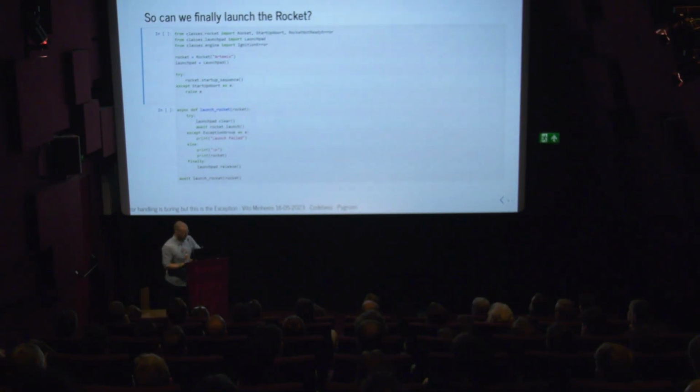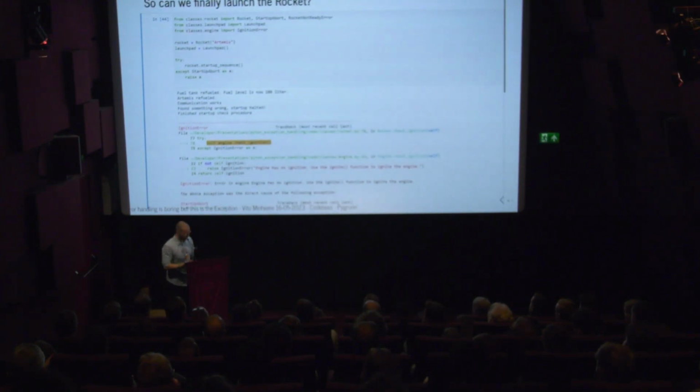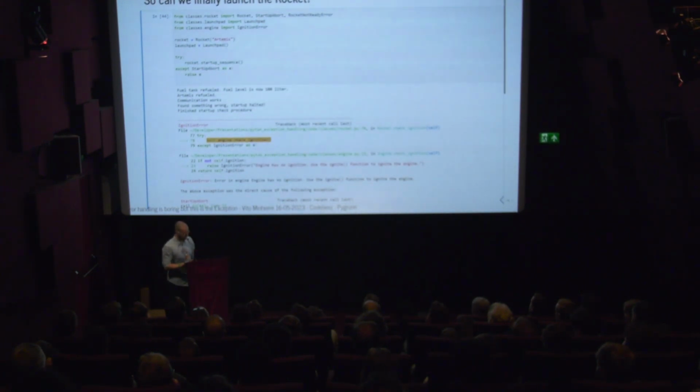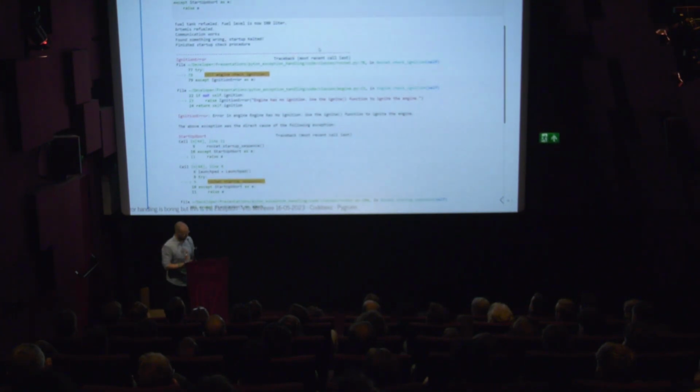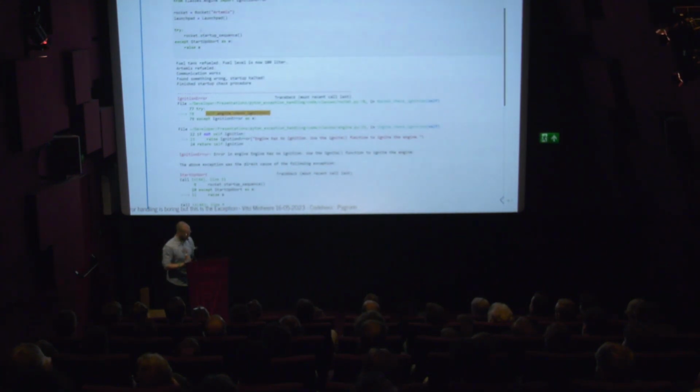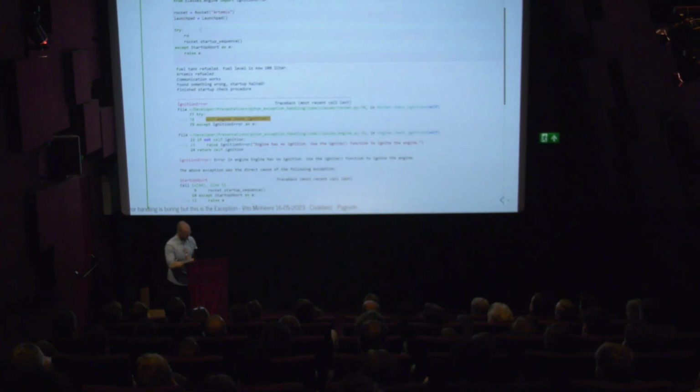All right, so can we then finally launch the rocket? I explained some part of all the try excepts, and we have the code which I had shown, so we can try to finally launch it. So I set up this part, and something failed in our checkup procedure. But we have good error handling, so we can see, hey, you must use the ignite function to actually ignite the engine. Okay, cool. Let's say rocket